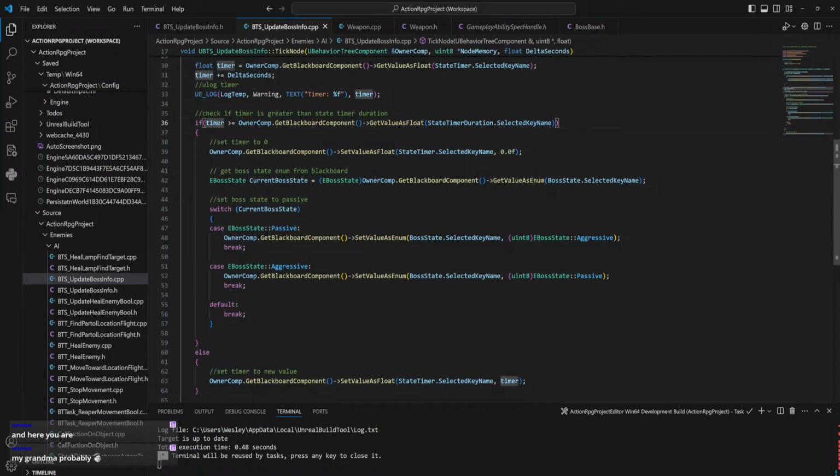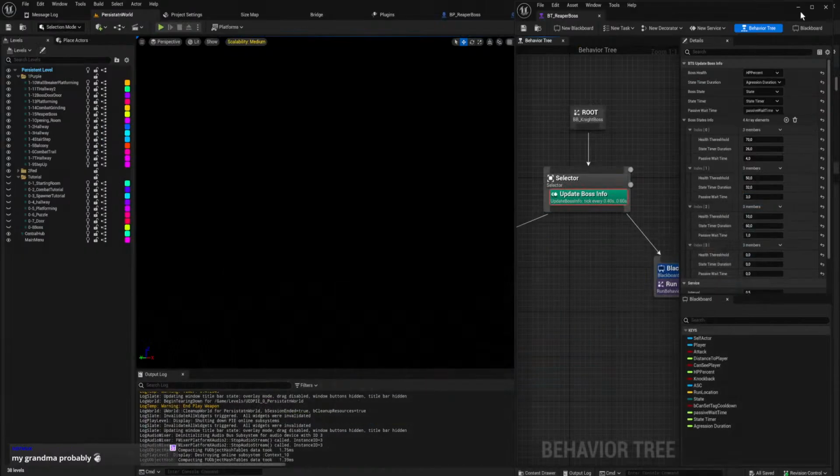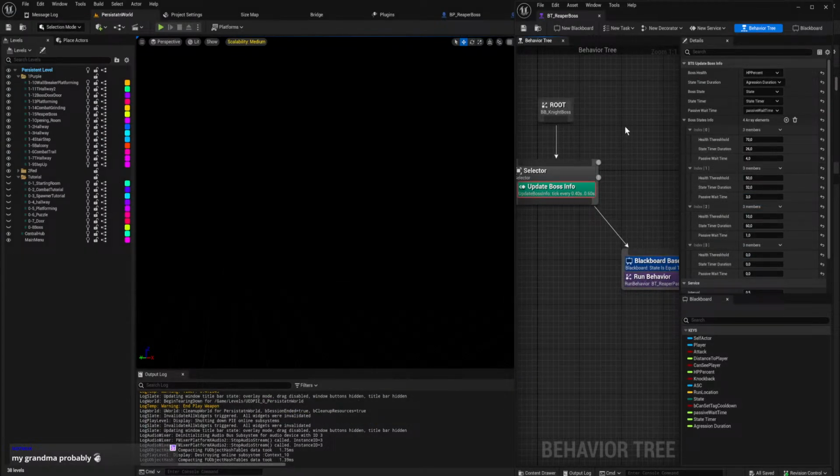Okay, so if our timer that we make here is greater than or equal to our state time duration, we do all this, and our state time duration, if they're both 0, that should be true then.